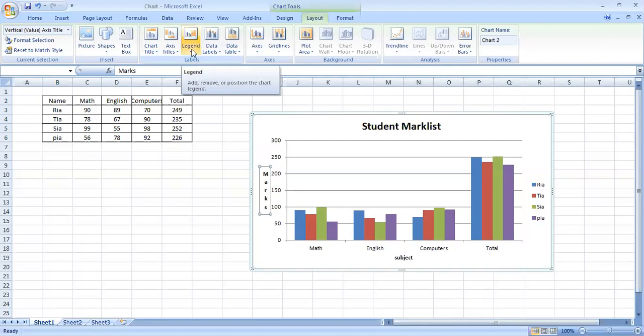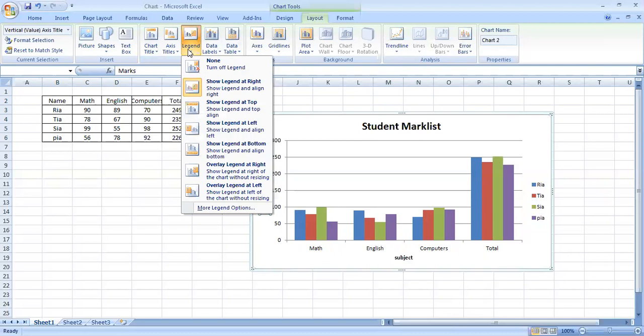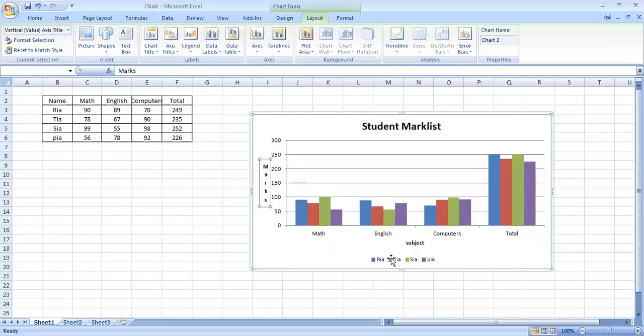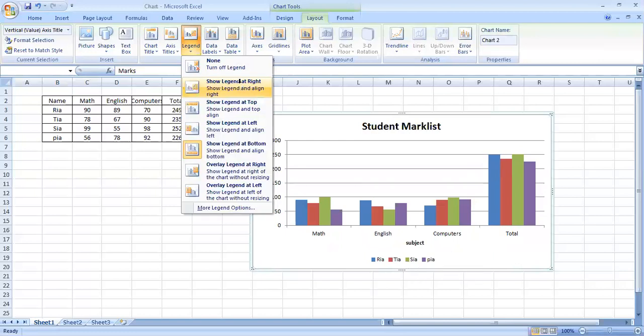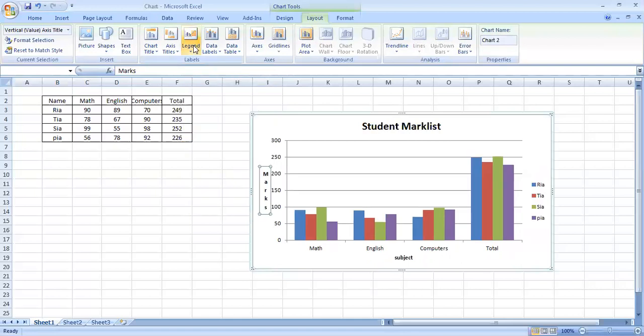Next come legends. I hope you are clear with legend now. This right side corner which you can see is called legend. That Ria, Tia, Sia, Pia with different colors, that is legend. Now here in legend also, we can change the position. Suppose I don't want it on right and I want it at bottom. So you can just read out this list in your computer. And now I'm clicking it at the bottom. So you can see that legend has appeared at bottom. But I prefer it on right. So you can change the position to top, left, right, bottom, wherever you want. So you can try all these things in practicals, at your home, of course.